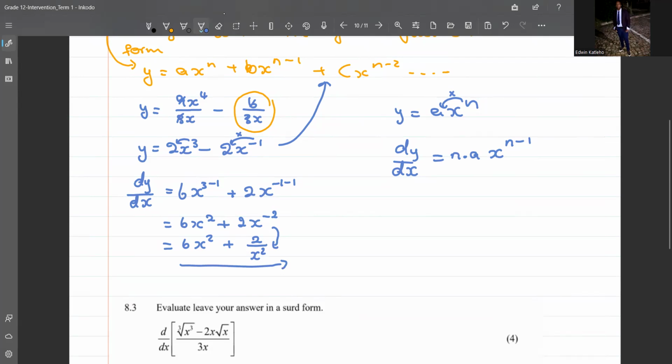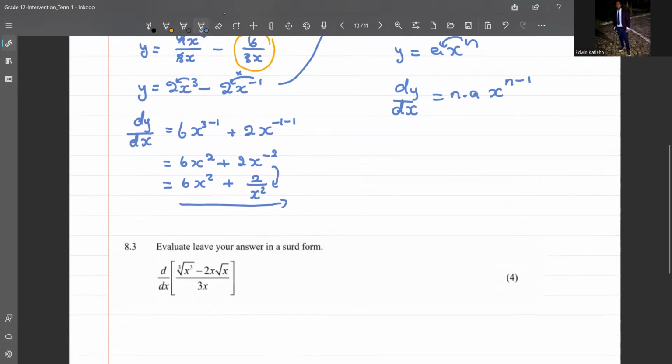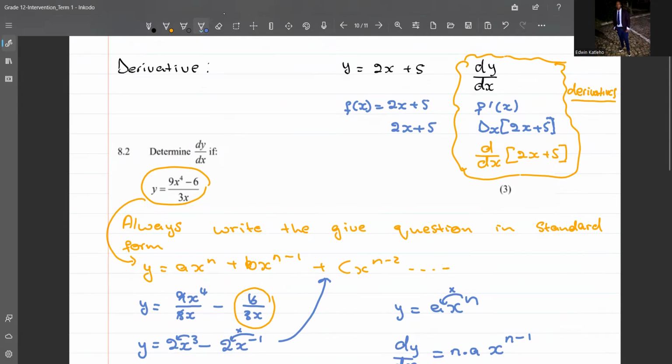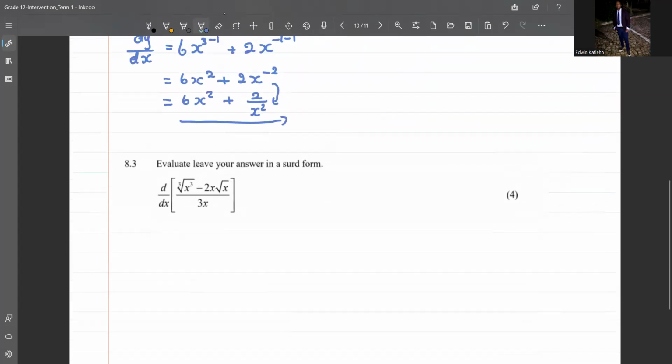All right, let's look at the next question. Again, I want us to look at how the question is phrased. You would notice here the notation that we had to use for dy dx, for our derivative, was because the question that was given to us was an equation of y. Contrary to the second question, here